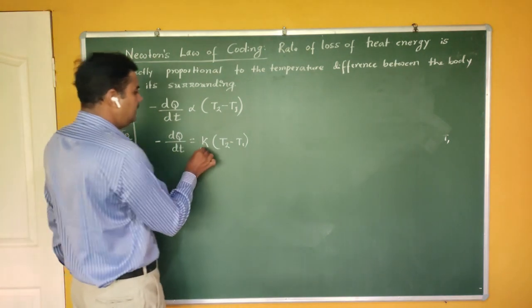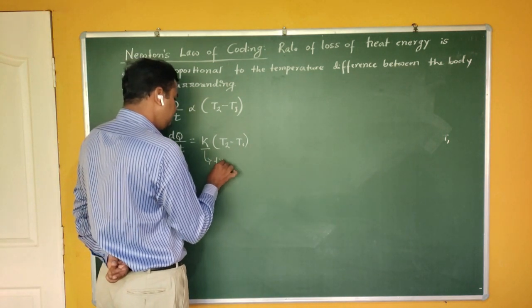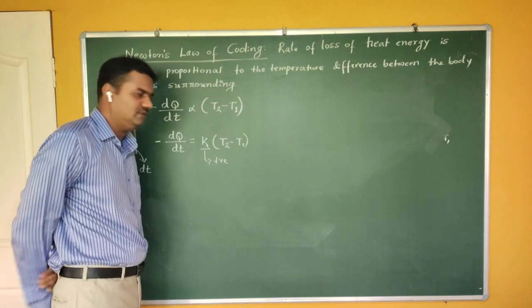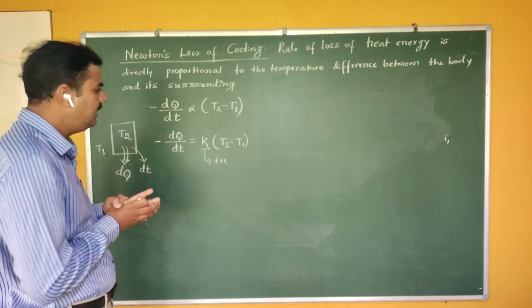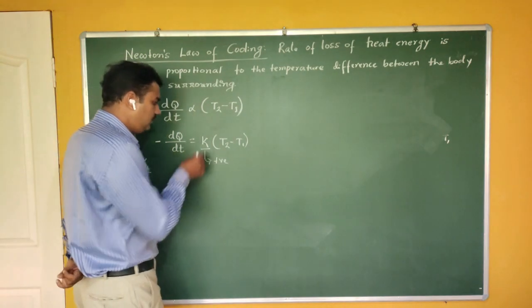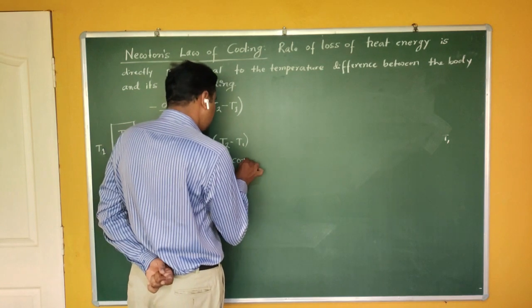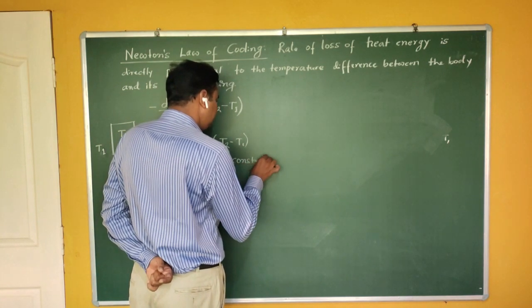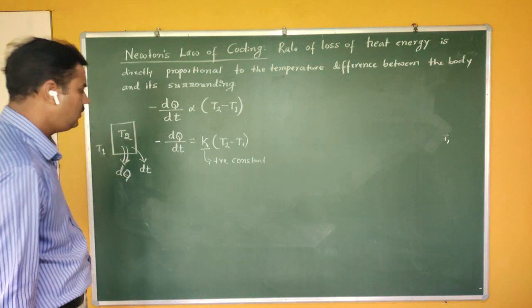Therefore, I am getting some k here. So this k should be a positive constant. Why am I getting a constant? Because to remove the proportionality, in mathematics we get a proportionality constant. We have to give some meaning to the proportionality constant here. So k is a positive constant. If it is a negative constant, again our entire theory fails here. So it should be a positive constant.